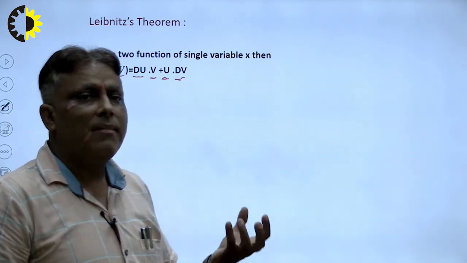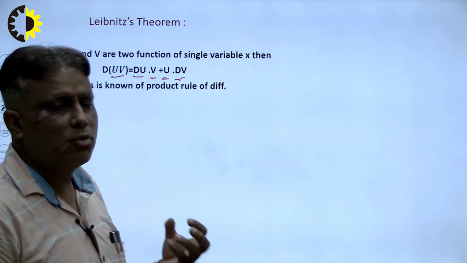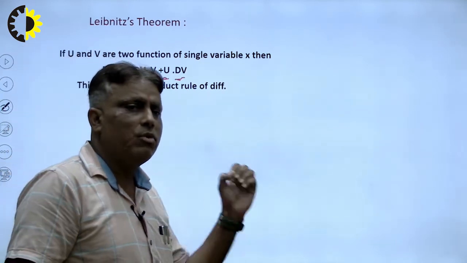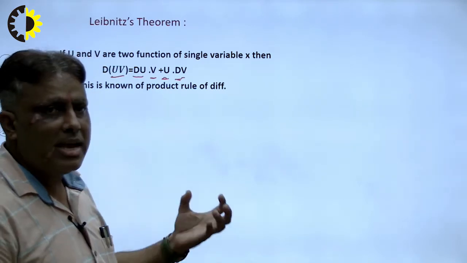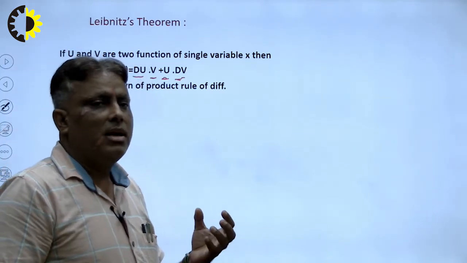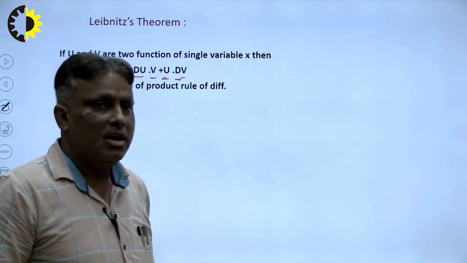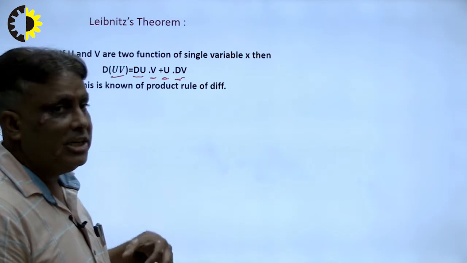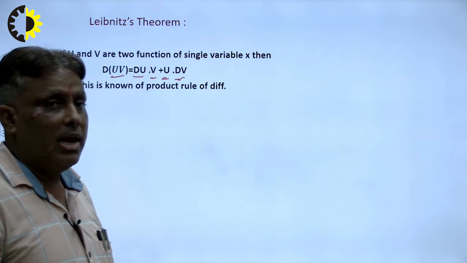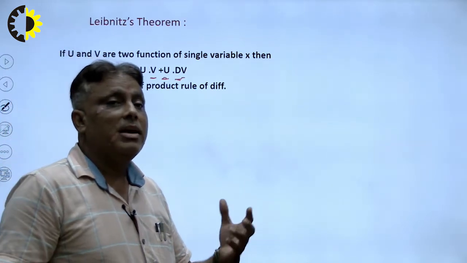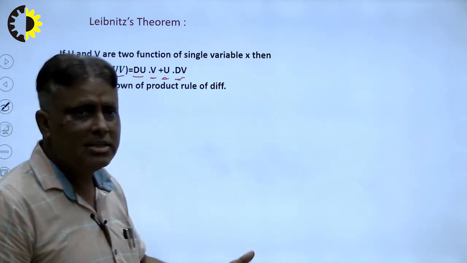So what is the total conclusion? The result will be here. This is known as the product rule of differentiation, a very important result, and behind this there is a very interesting story. Leibniz had a son, and Leibniz gave 1 rupee daily to his son. But one day he saw that all the money had been transferred to his son. He thought about how to solve this, and it arrived as the Leibniz theorem in mathematics. This was the invention of the Leibniz theorem.